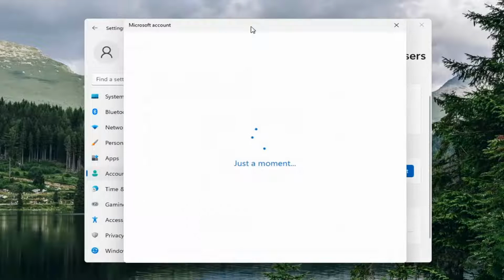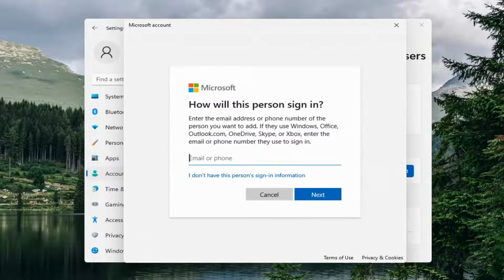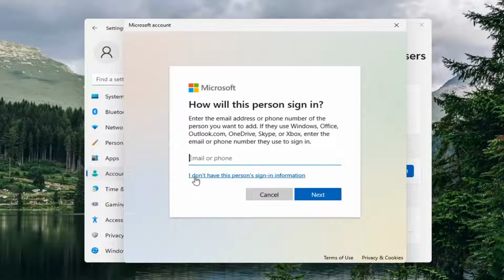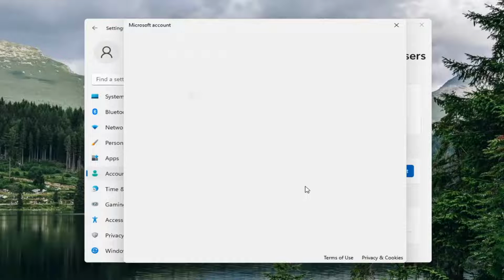At this point, if you want to enter in a Microsoft account or if they want to create a user account, they can. However, I would normally recommend creating a local account for a guest user, just as I use a local account for my main computers anyway. So I'm going to select I don't have this person's sign-in information,